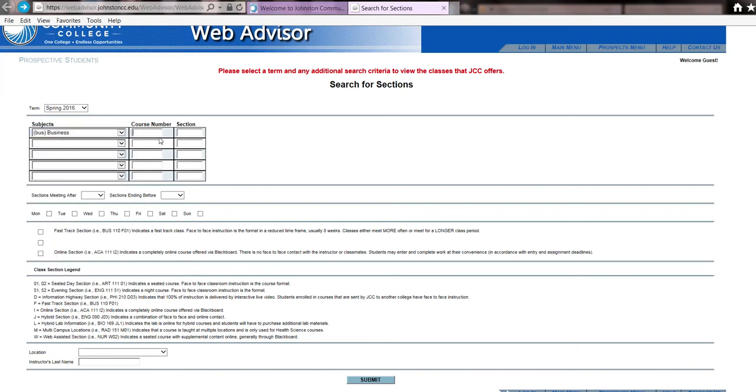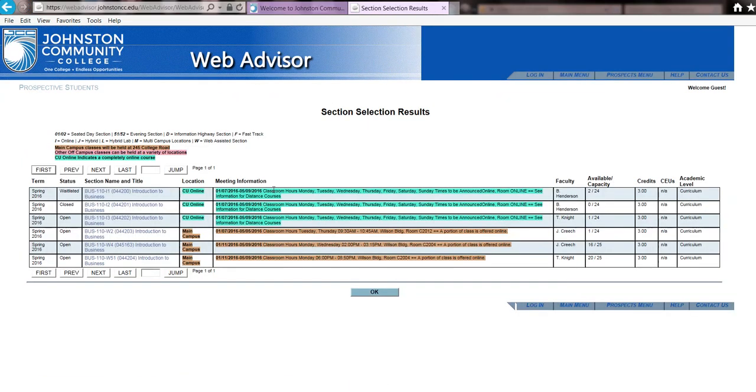And let's say that there's a specific class you're looking for. So let's say you're looking for Business 110. I type in Business 110. Again, I like to leave the rest of this down here blank so it shows me all of the Business 110s that are available. I click Submit, and then it shows me all of the sections of Business 110 that